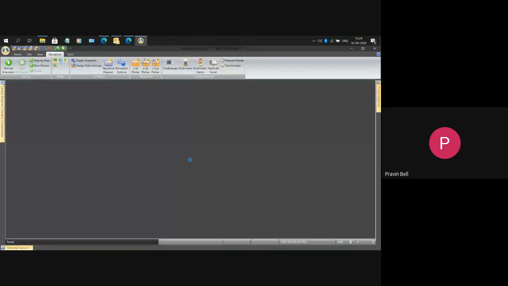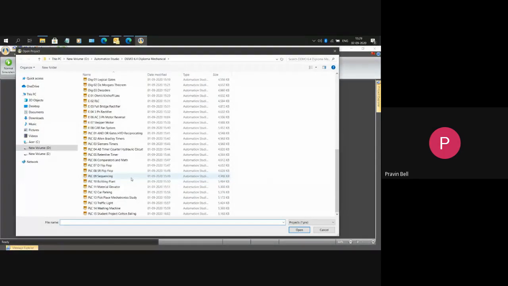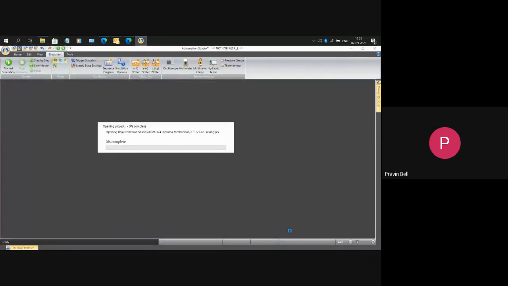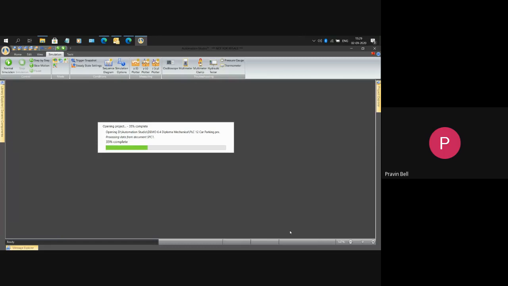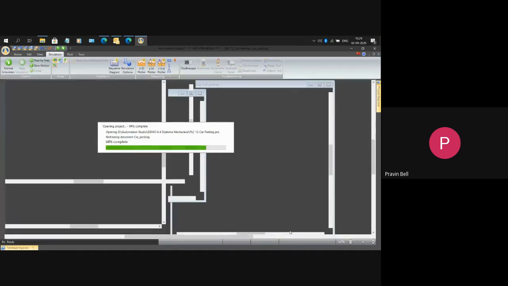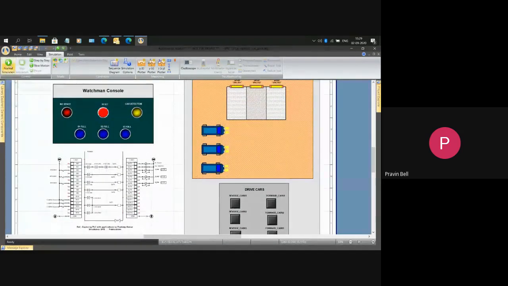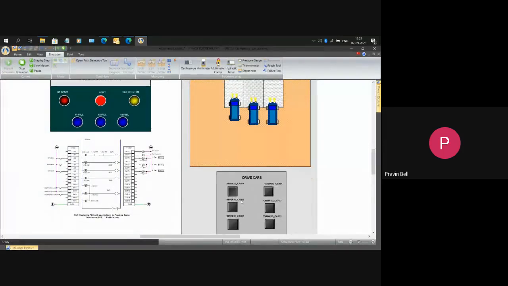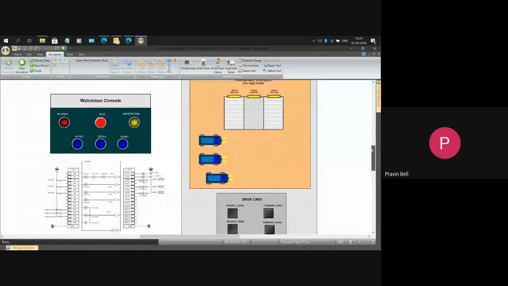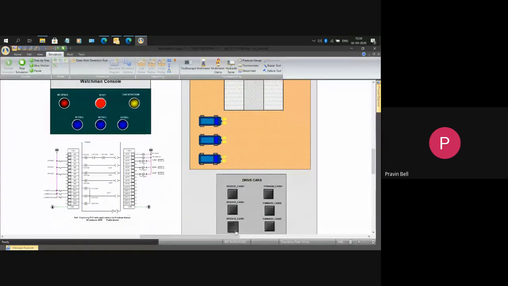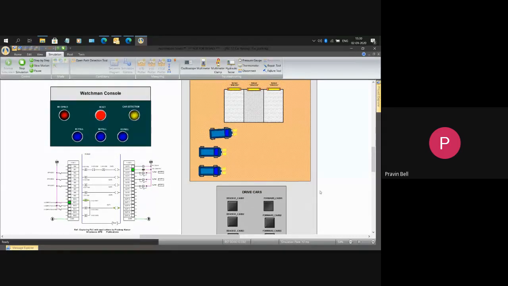I want to just show you 2 more before we end this session. One small one I want to show you is car parking, which was mentioned in one of your syllabuses. So we have a car parking animation also. We have a PLC and a car parking animation. First we'll reverse all the cars. Then first one car will come inside.